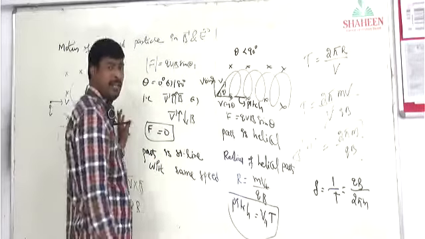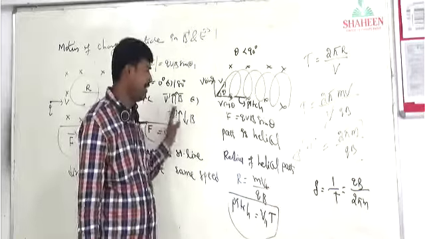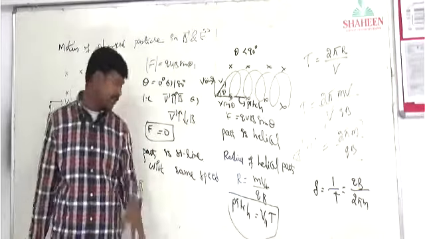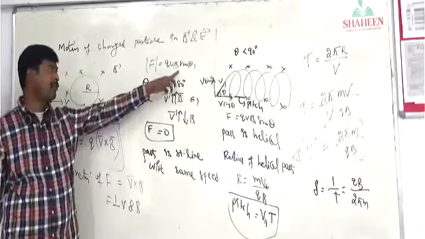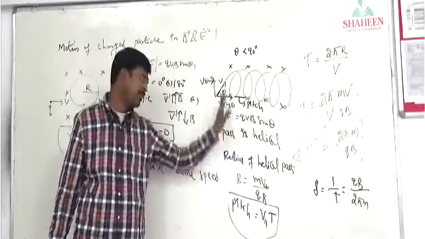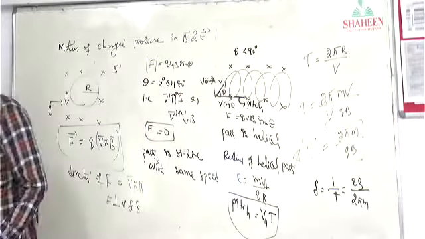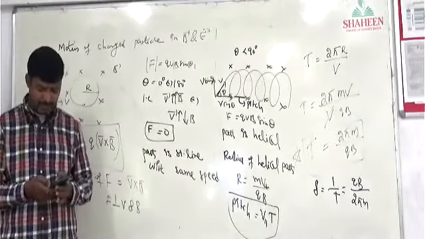For 0 degree, 90 degree, 180 degree, and less than 90 degree, the path is clear for each. For direction you can calculate by v cross B. Magnitude you can calculate by qvB sin theta. Clear? And radius you can calculate like this for the helical path. So the motion of a charged particle in a magnetic field is clear. Yes or no? Tell me.